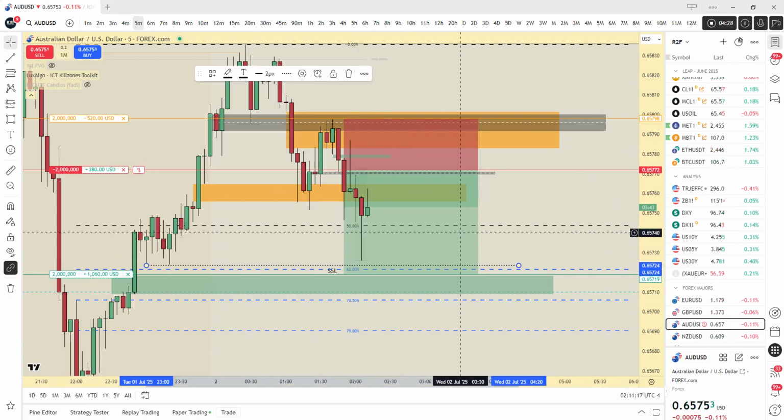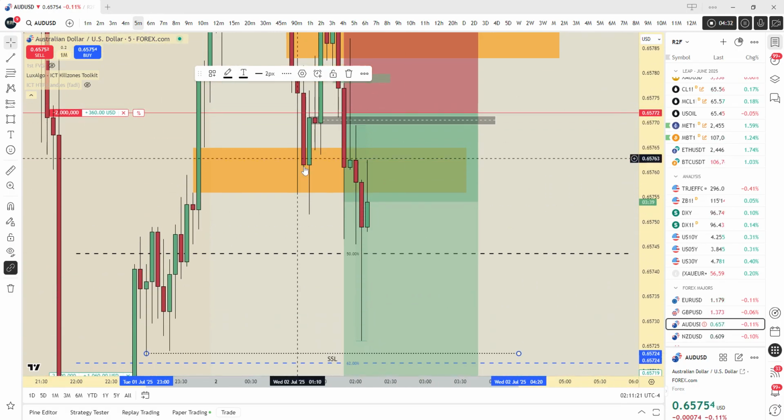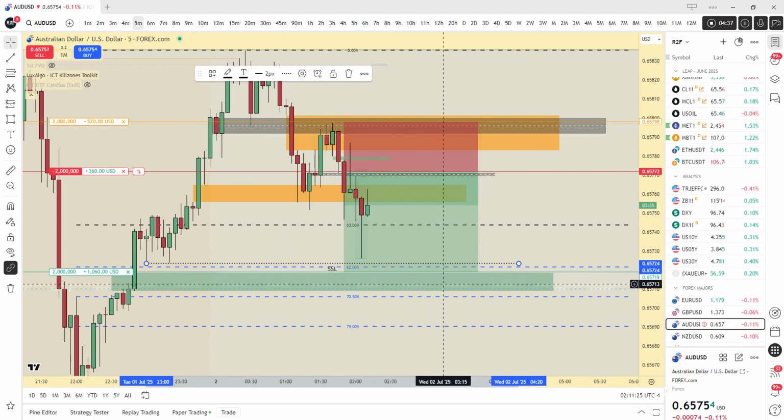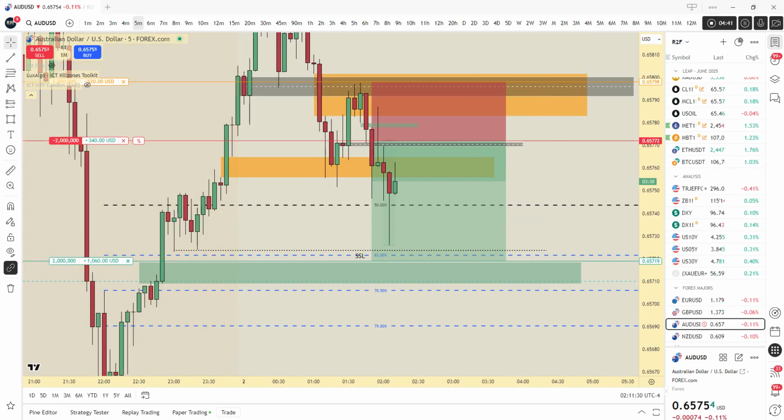Okay, so we are in the inversion gap and in a small CB in here, if you can see it right here. All right, so monitoring what happens now. Okay, this is potentially moving back down. So